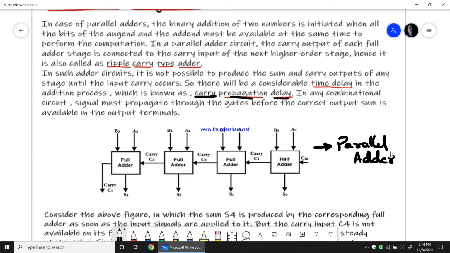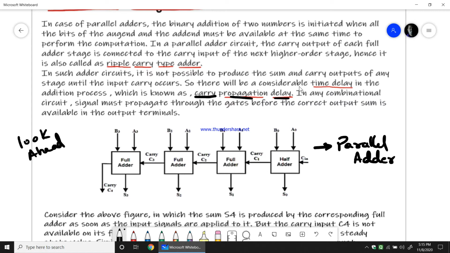So how do we make the process much faster? That can happen if the full adder looks ahead at the carry value. That is what a look ahead carry adder is. Look ahead carry means you look before generating the output; you assume the carry value by default. You need to make this full adder independent of the carry it is getting. If that becomes possible, then the carry propagation delay can be reduced.